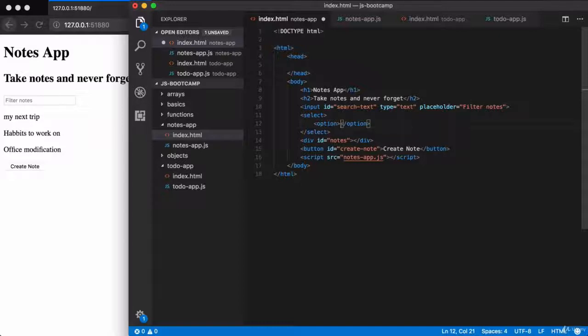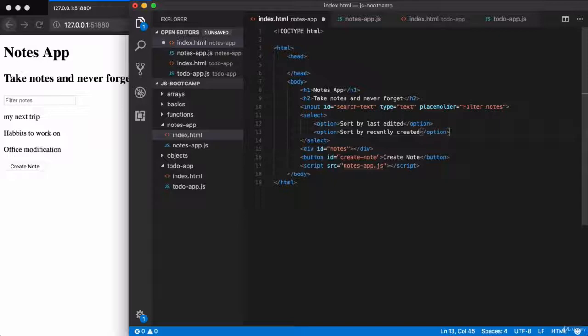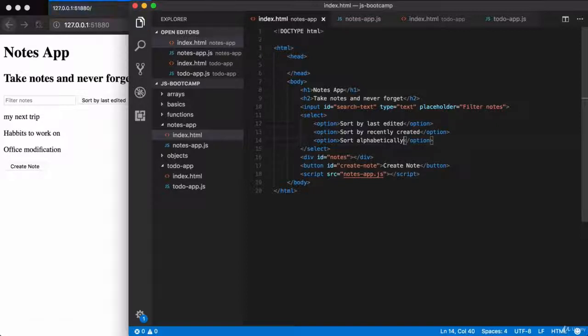So the first option I'll give users to sort by will be sort by last edited. And we can give them a few more options as well. So I'll add another option below the other option. And for this one, I could say sort by recently created. So I can put the newest notes first. And then down below that, we could add another option. And for this one, we'll allow them to sort alphabetically. Great. So we have our 3 options in place,